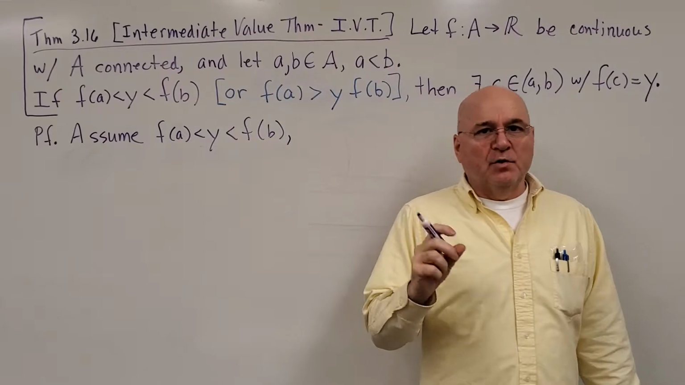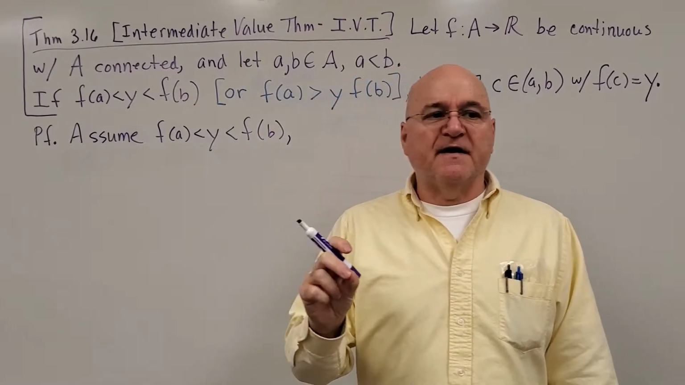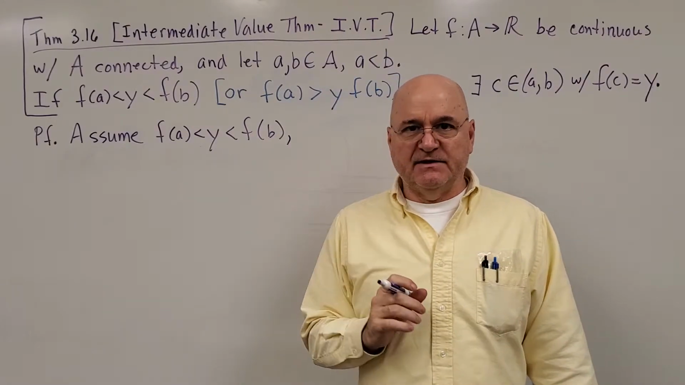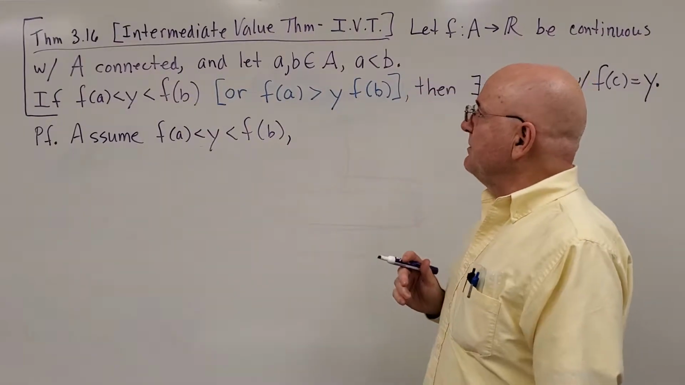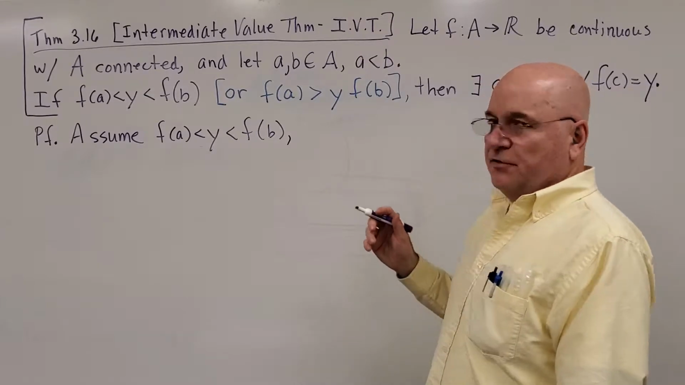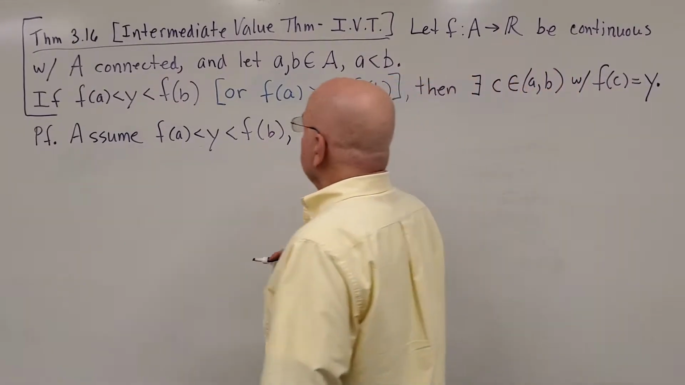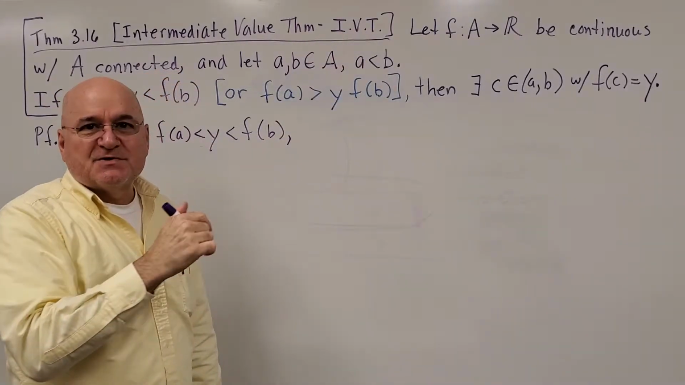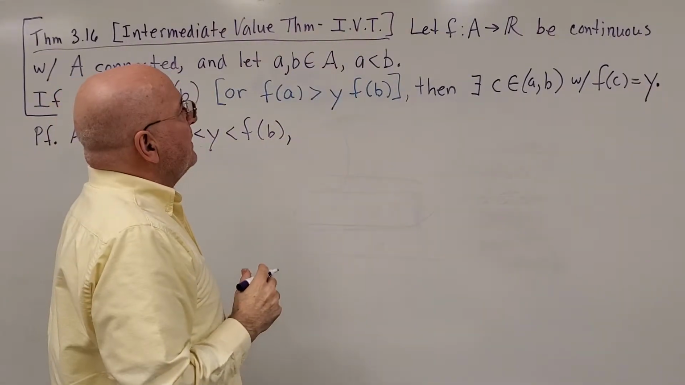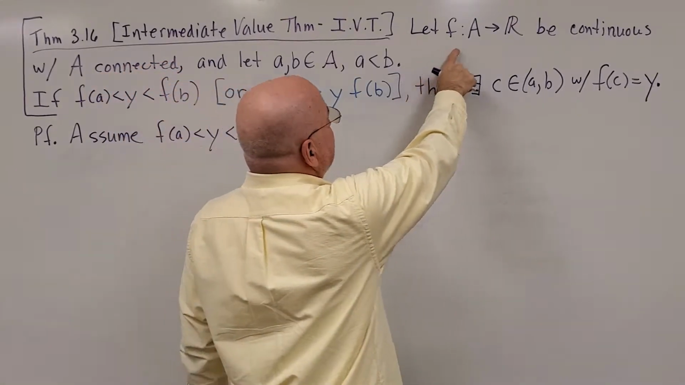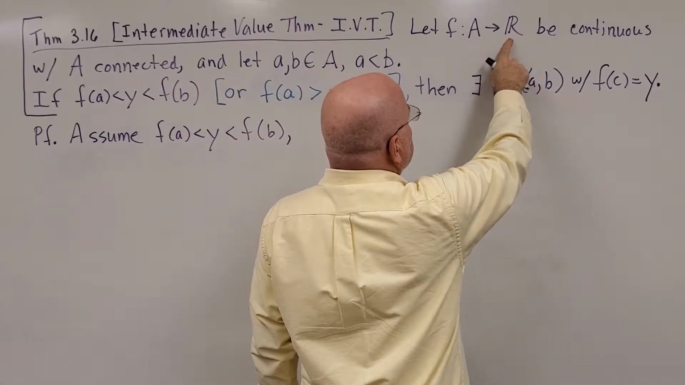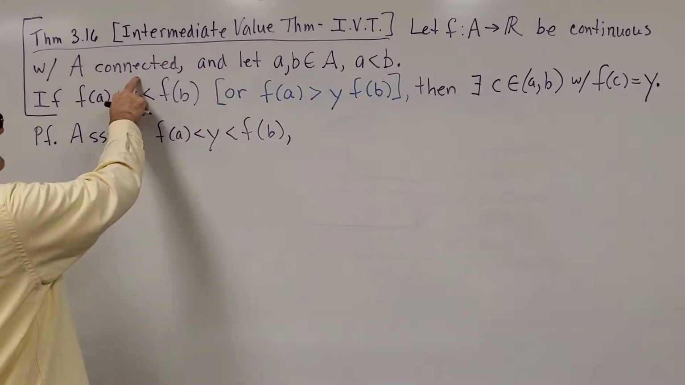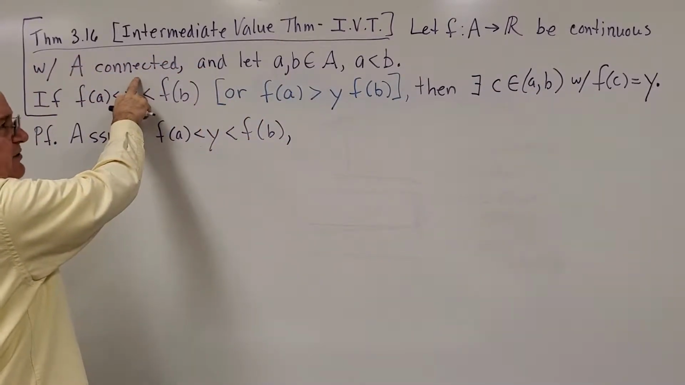Well, now that we have Bolzano's theorem and modified Bolzano's theorem under our belts, now we can look at the intermediate value theorem, which you probably remember from calculus. Theorem 3.16. I'll sometimes refer to the intermediate value theorem in proofs just with IVT. And it says this: if f is a function from A into the real numbers, and if f is continuous with a connected set, so basically it looks like an interval,